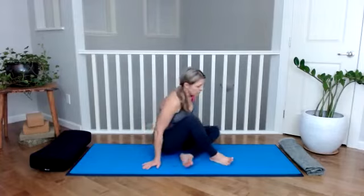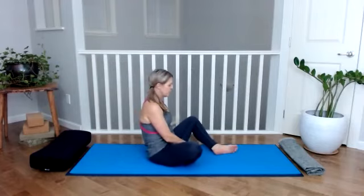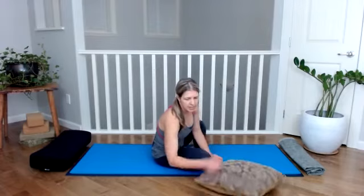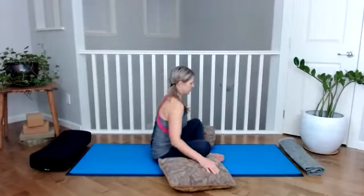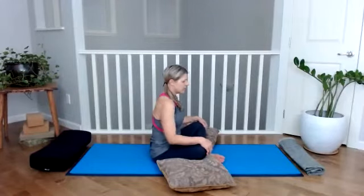So finding a comfortable position for yourself with first the right foot in front of the left foot. So tuck your right foot into your groin and then the left foot. I like to have the support here for my knees. So placing a pillow on each side and letting the knees rest. Letting yourself just settle